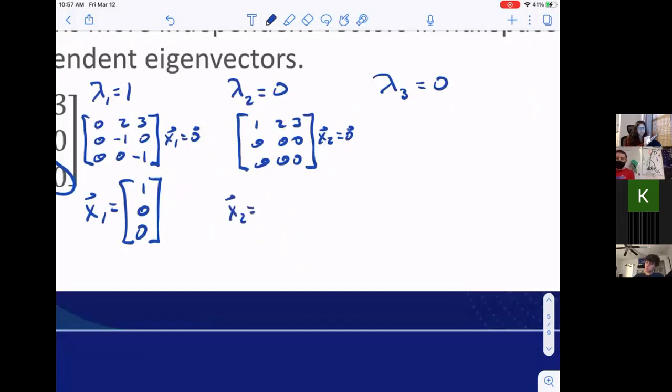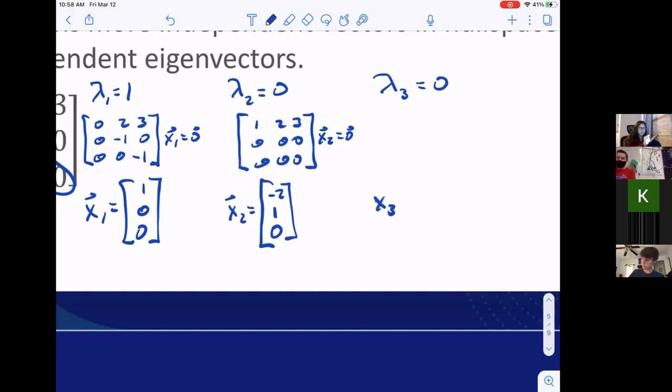So just think again what we did, I don't even know, lesson 5 or 6 or something. My free variables are the second and third. So let the second one be 1, let the third one be 0. And then look what the first one would have to be, -2. Right? -2 times 1 plus 2 times 1 plus 0 times 3 is 0. Obviously, the second and third rows will be 0 as well.